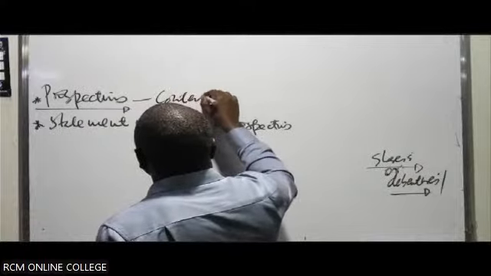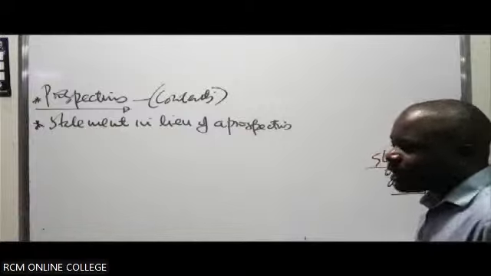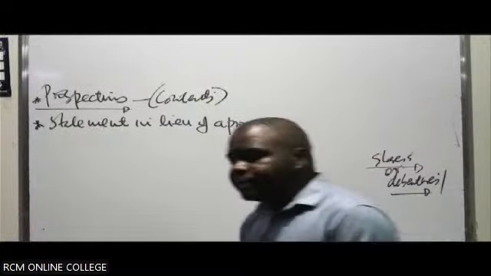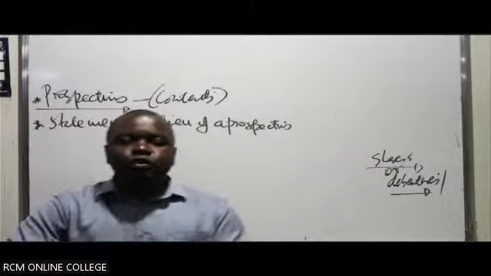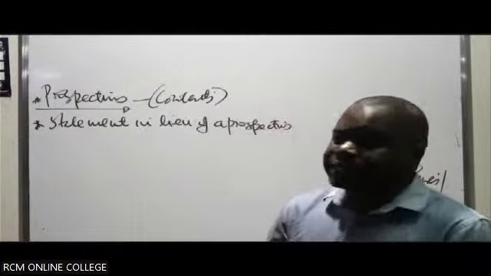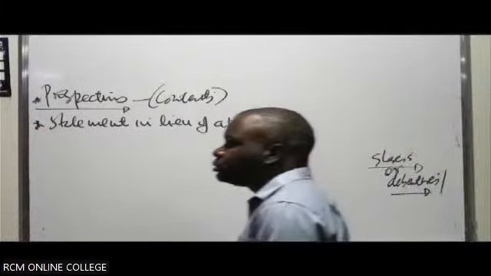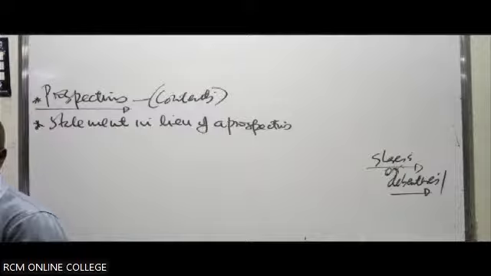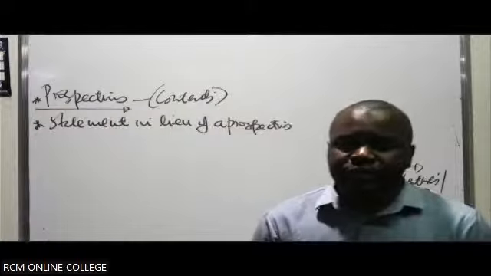So these prospectuses will have a number of contents. Part of the contents that you must expect is, quite obviously, the name of the company. For example, if it's in a newspaper, we should be able to see which company is selling these shares. Number two, we should be able to see the par value of these shares. That 10 shillings we've talked about, we should be able to see it.